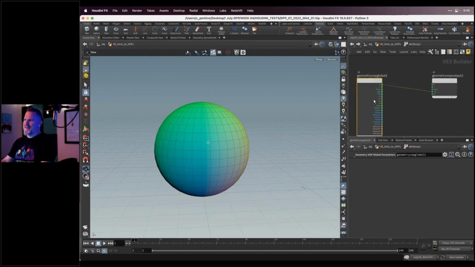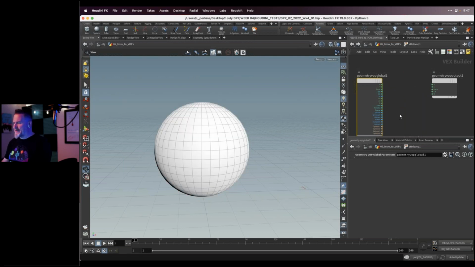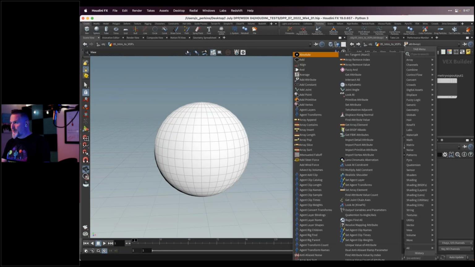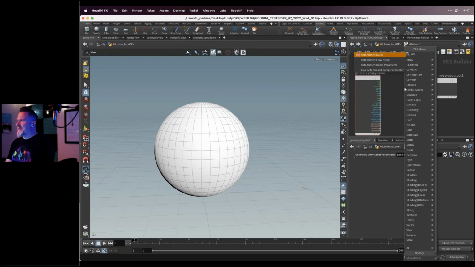We can take a bunch of data, get it from wherever we want, and then plug it into our final output. These are some basic properties that come with Houdini by default: position, velocity, and so on. So I'm going to hit Y to get my scissors and chop that, and we're going to add some noise. I'm going to go through this pretty quick because we're running out of time. I want to create some anti-alias.